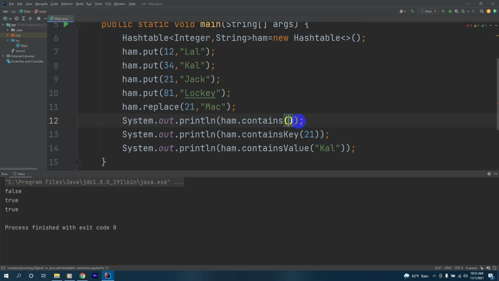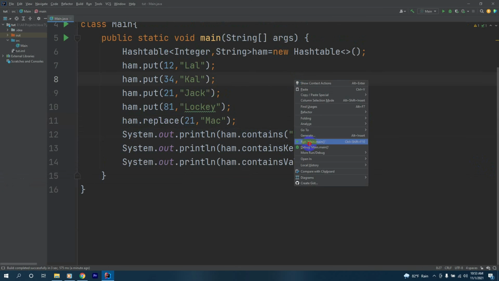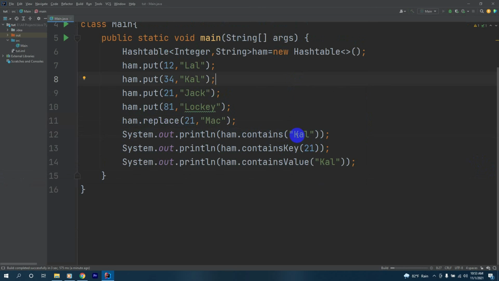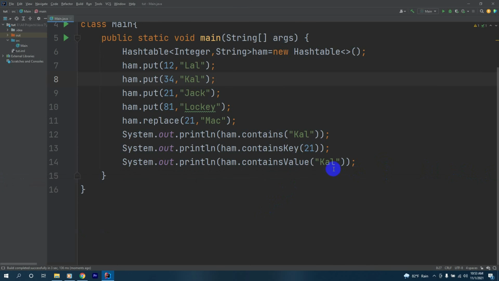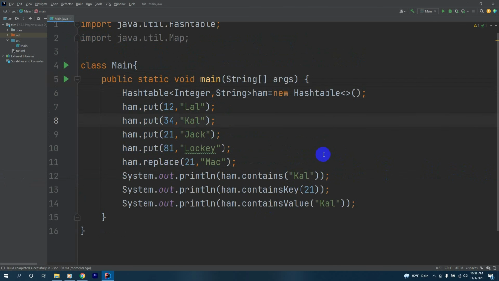So here let's change ham.contains to Cal and run and see the output. Now we got true for all the ham contains methods: contains, containsKey and containsValue. So that's how the contains methods can be used inside our hash table, and to implement it we must call them like this.